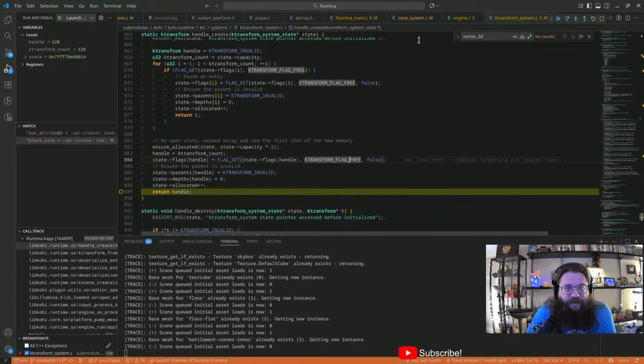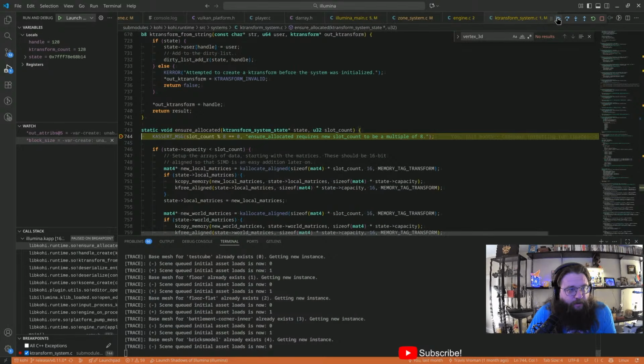Let's actually see if we hit that again. Really? So we used up another 128 transforms. The only thing I can think of that's got to be happening here is we're taking more transforms than we're releasing, because before we unload the game scene, we load up the editor scene.